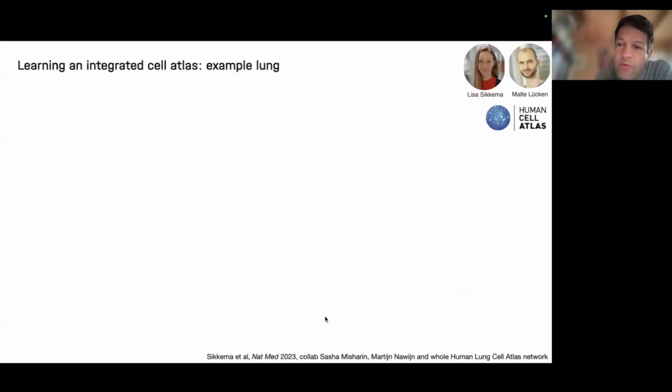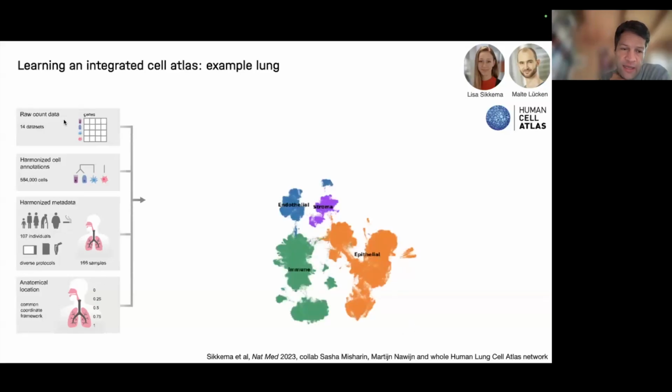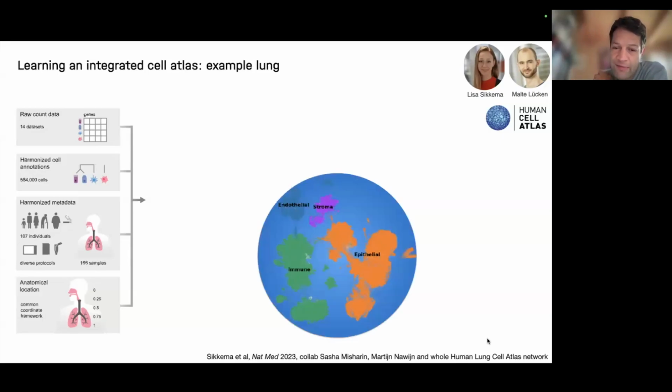All right, so let me show you what we do with these things. This is work by Lisa and Malte, a PhD student and a postdoc who have now moved on to become a PI at Helmholtz, where we built this human cell atlas, a lung atlas. We took a bunch of data sets, annotated them, harmonized the information, and essentially built this big map. We took all these data sets, did the embedding as I showed you before, and then identified different cell types by markers and jointly annotated them with a really large scale consortium, with many partners contributing. To make this look more like an atlas, we put a circle behind it, and it looks a bit like the continents.